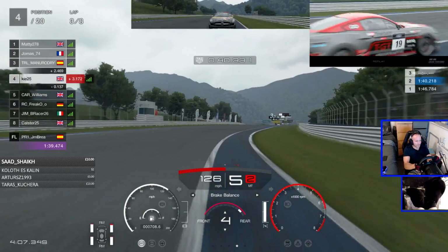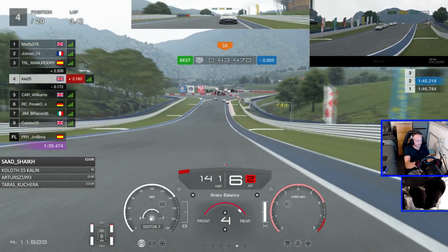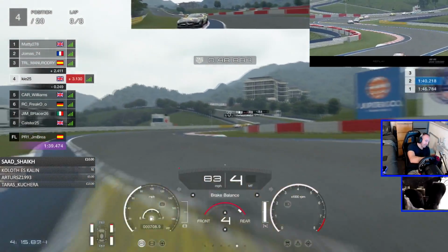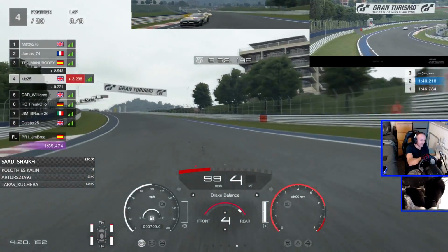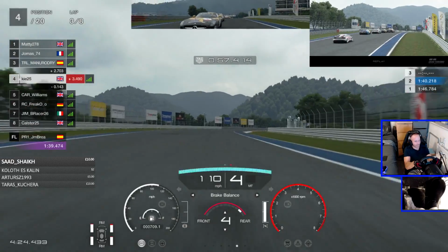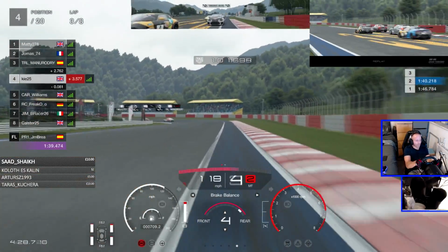As you see there, Carl Williams is able to carry so much more speed through that fast left-hand corner, and that really does show you just how poor this Mustang is. But like I say, it's kind of expected with the size and the weight of this Mustang. It's one of the heaviest Group 4 cars on the grid, but it's really fun. I do enjoy driving it. It feels really nice. It feels planted. It does actually suit my driving style, which is quite surprising, because I normally go for MR cars,